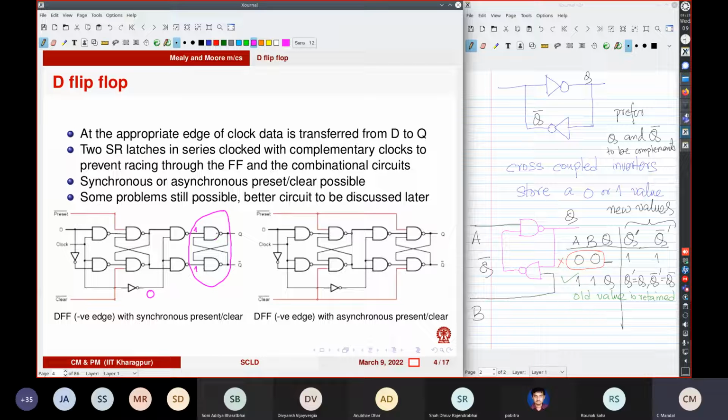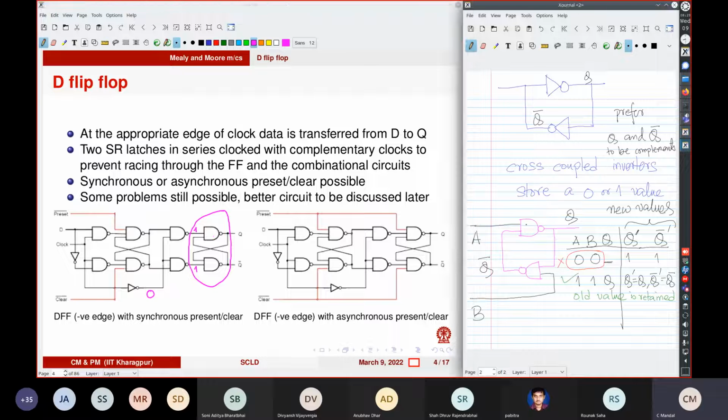So this basically is just latching, okay? In fact, when this is 1, this is like an inverter. When that is 1, it is like an inverter, okay? So let us say that if this is 1, then this behaves like an inverter. All right. So you know how to latch a value, but